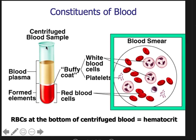in lab, we would not have had a big sample like this. We would have had a small capillary tube, which is just a tiny glass tube that you would have put up to a drop of blood from your finger, and you would have seen the drop of blood go through the tube on its own through capillary action, and then we would have spun that down, and you would have seen only a division of plasma and red blood cells because the buffy coat would still be mixed in with the plasma. You wouldn't see a buffy coat, you would just see plasma. And you'll see that when you watch the lab intro for Monday's lab. Okay,